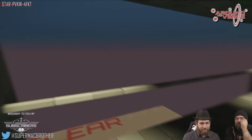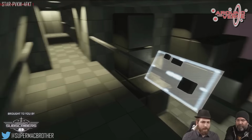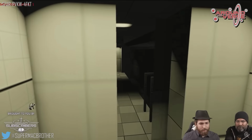Now they're thinking about terminals as well. We'll see more of this later on, but they're thinking of ambient interactions. The panel is there to show you what cargo you're holding, and so on. Each compartment or module will have its own terminal. There are bulkheads in between each module as well, so if one does get blown off,